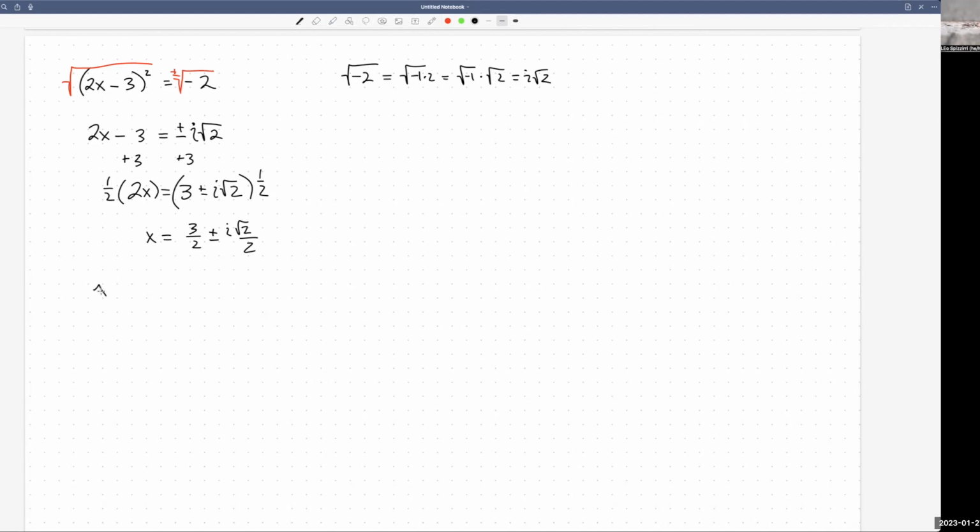Or written out more explicitly, 3 halves plus i times root 2 over 2, or 3 halves minus i root 2 over 2. Let's check these solutions, right? It's always a good idea to check our solutions. So let's check